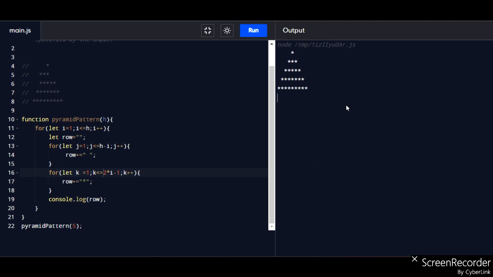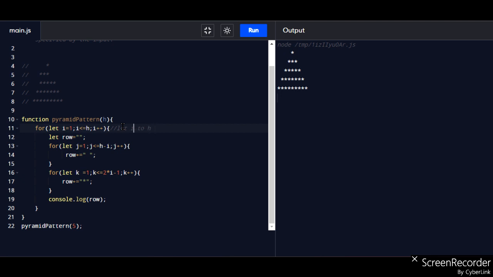So how does the code work? We take one parameter which is named h, and inside the function we run the loop that goes up to h. The loop runs from i to h, and what is the value of i?